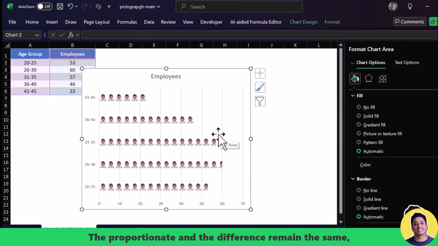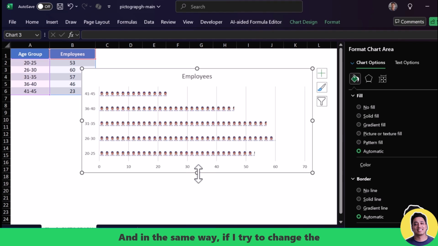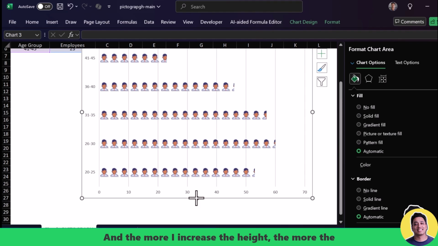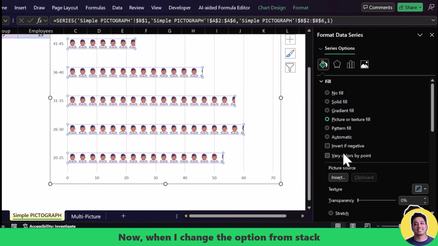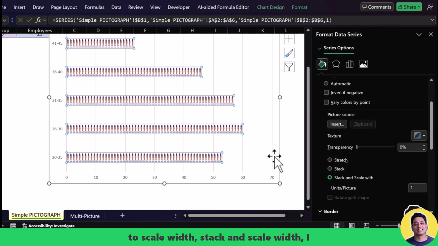The proportionate and the difference remain the same, but the count of icon will decrease or increase according to the size of the chart. And in the same way, if I try to change the height of the chart, the icon will become little small, and the more I increase the height, the more the icons will become little big in size. Now when I change the option from stack to stack and scale with,